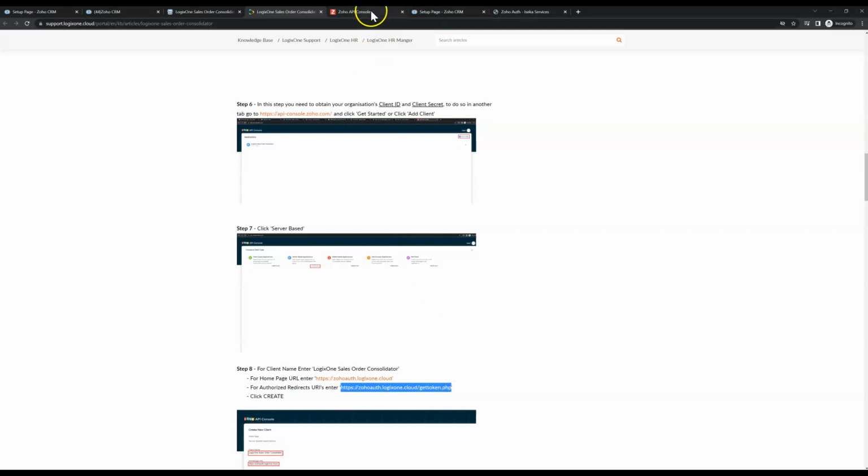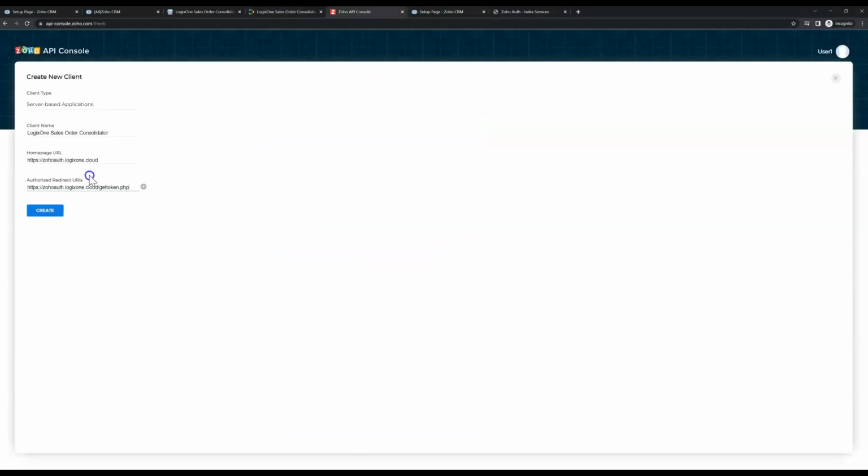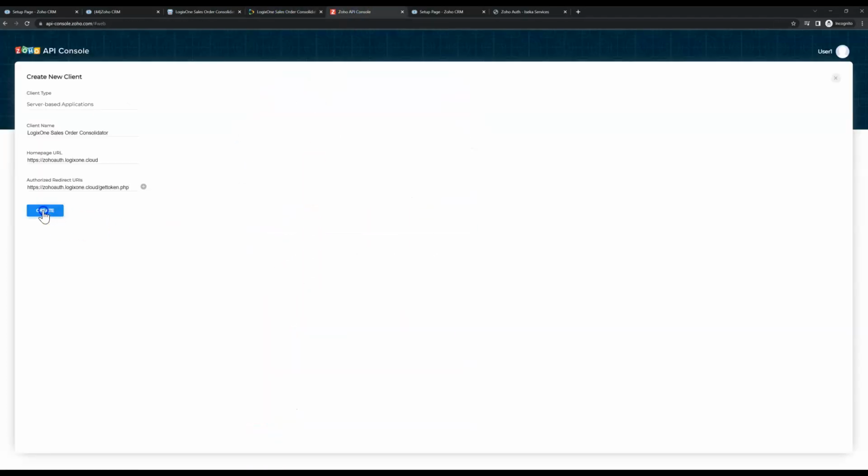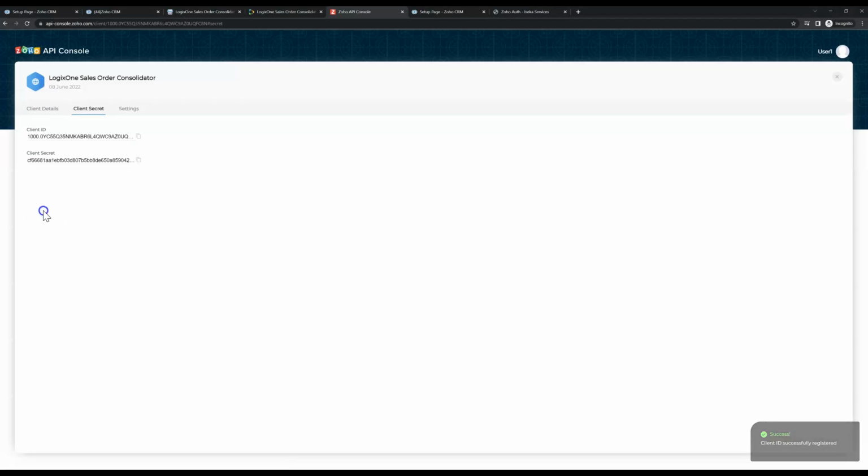Copy that back into the API console. Paste that there. Just check it's exactly the same. No inverted commas. And then the next thing we need to do at that point is click create. So we'll do that now. Click create. Okay, so now what you've obtained from your CRM's API console is your client ID and your client